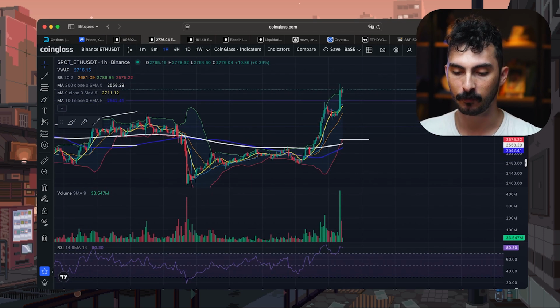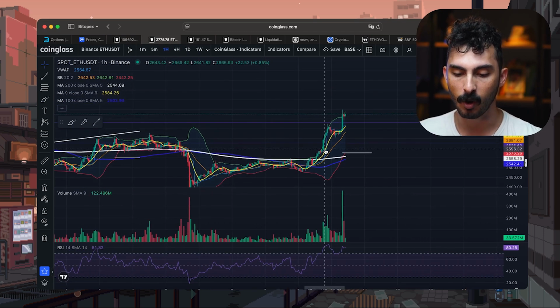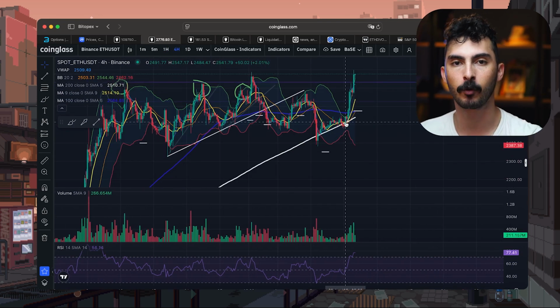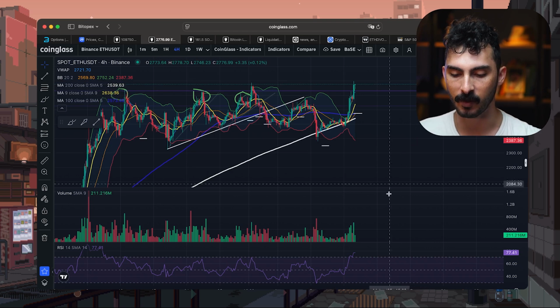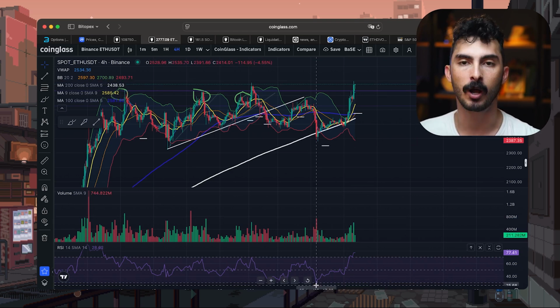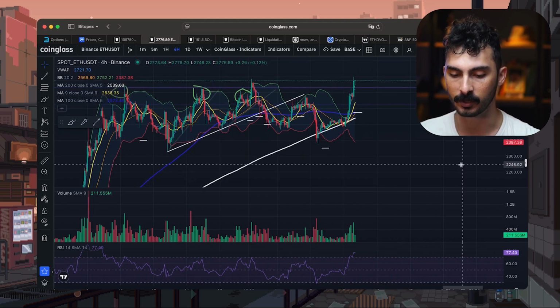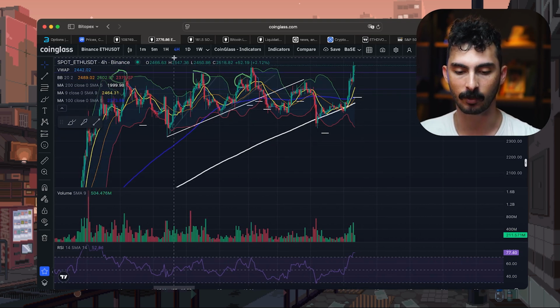Hopefully we do. And for Ethereum, more of the same. We broke above the 200 moving average on the 1 hour. On the 4 hours, we did use the 200 moving average as kind of a platform, you know, to bounce on. And we're going up very fast. Volume is increasing. The RSI went from just a few days ago oversold all the way to now being overbought. And we still have room to go on the upside, even though we are already out of the Bollinger Bands.